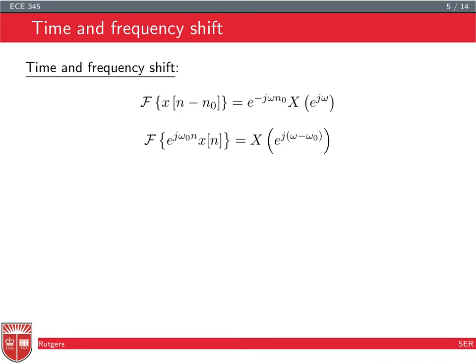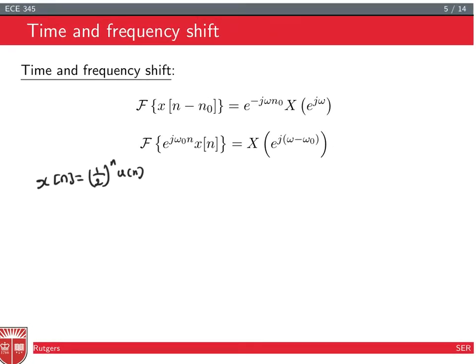To give you an example, let's suppose that x of n is equal to (1/2)^n u of n. Then you know X of e^(j omega), as we did in the last problem. You can just use the geometric series formula, so it's 1 over 1 minus 1/2 e^(minus j omega). The signal looks something like this, the discrete version of this. Now if I shift it by, let's say, 2,